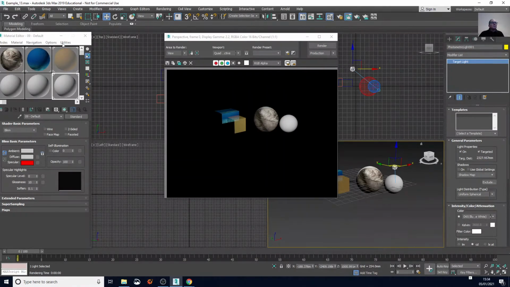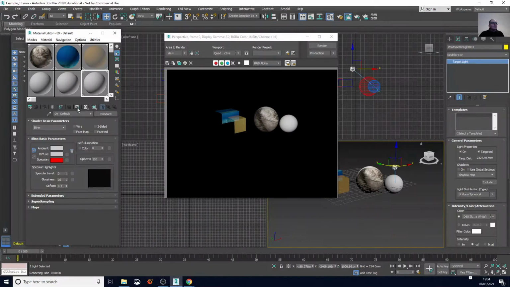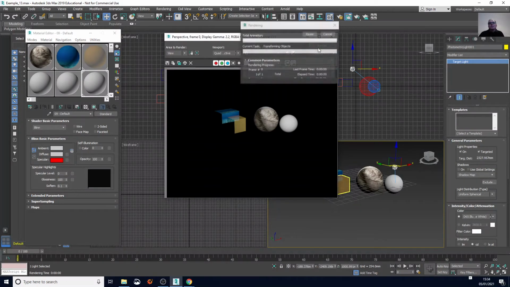Now we can start playing with that, and we can start putting different diffuse and specular and all that, and increase the glossiness. So if we increase the glossiness here to, let's say 400, or it's 100 maximum, sorry,